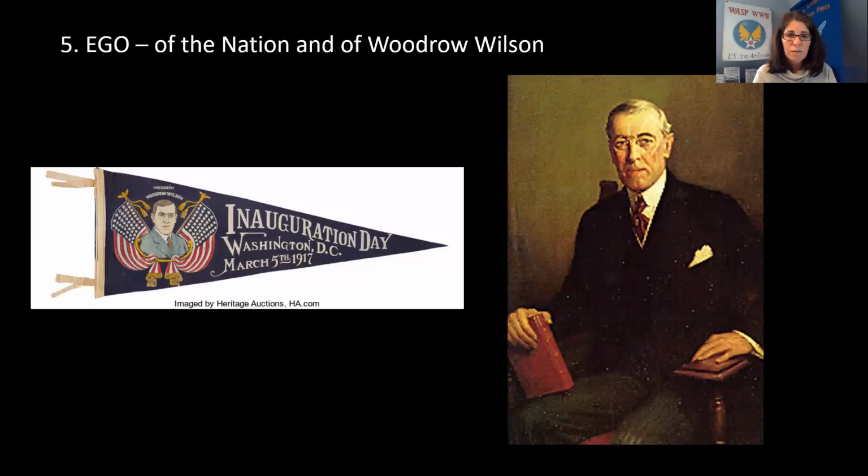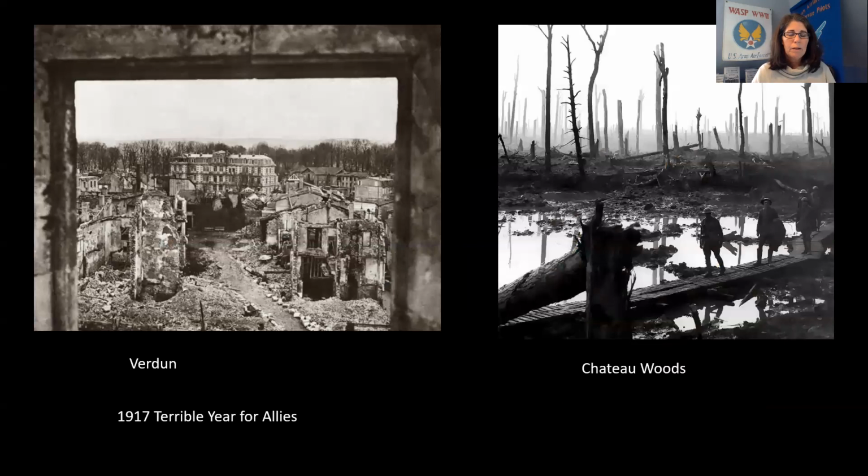This was the event. This was the homecoming dance, and you know, Wilson and the United States, they wanted to be homecoming queen or king. And Wilson, again, he really thought he was the only person who could write the peace. So the United States goes to war in April of 1917, and 1917 is just a truly horrific year for